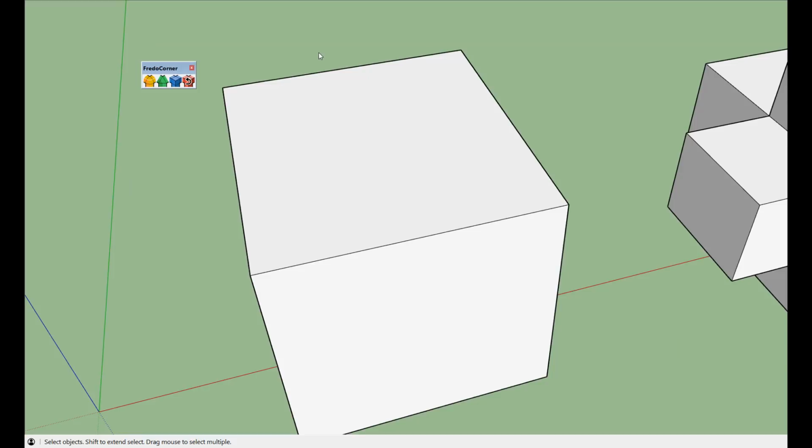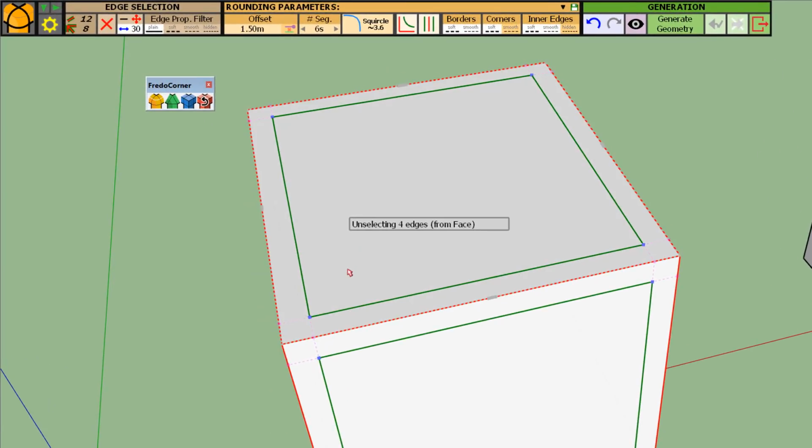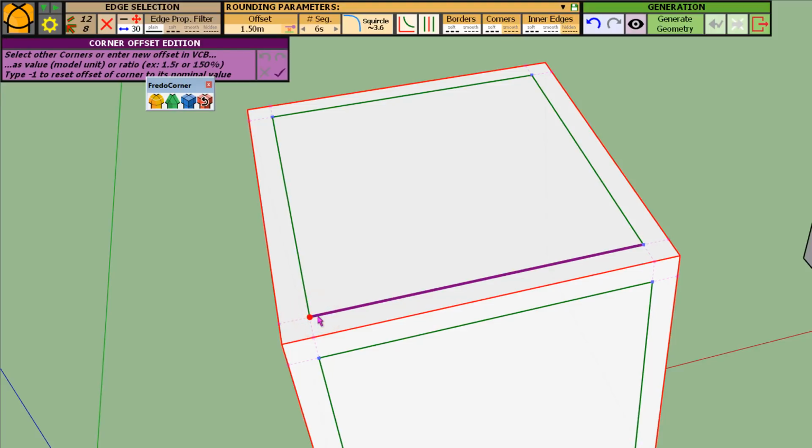The other experimental functionality is about variable offset along a border. So let's take our cube and now mouse over close to the intersection of the two offset lines. So you see that it is highlighted in purple with a dot at the intersection. So if you click on it, this vertex and offset line is selected. Okay, so at the moment, actually there are two offset lines crossing at this intersection.